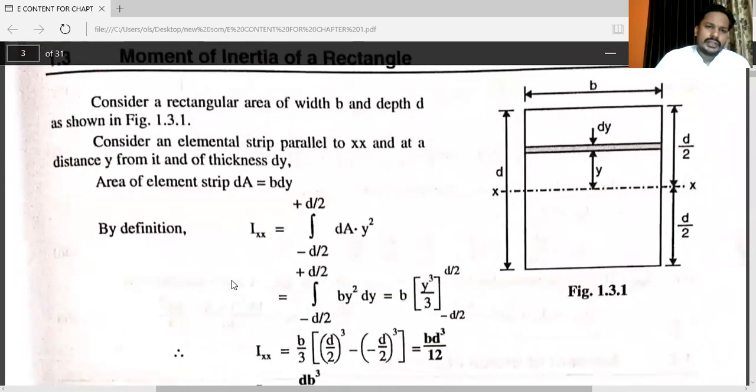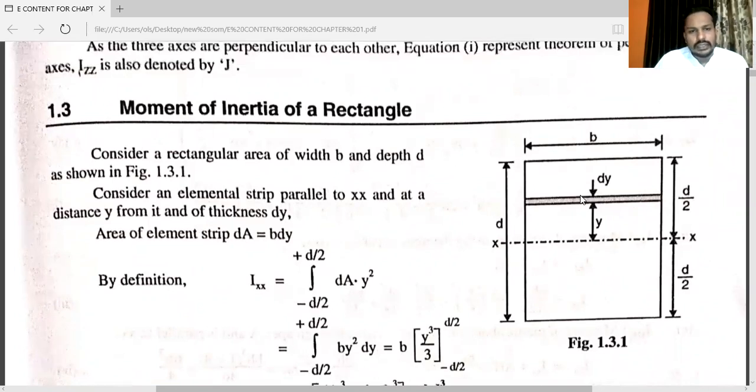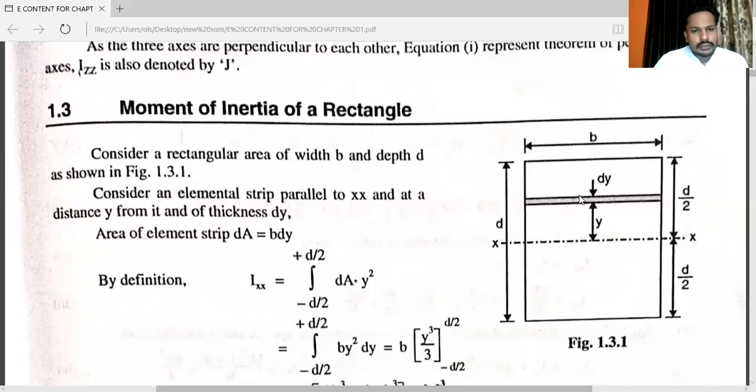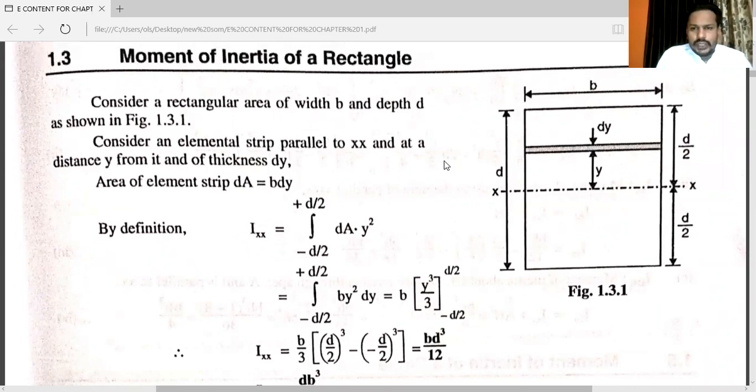See, you can calculate the moment of inertia for different geometrical shapes like a triangle, rectangle, semicircle, circle, quarter circle, right angle triangle. So many geometrical shapes are there. See, in our syllabus, we have rectangle, triangle, then circle, semicircle, quarter circle, right angle triangle. See, here, just I am going to explain you the moment of inertia of a rectangle. You can see this diagram. See, I will provide you the chart for each and every geometrical shape.